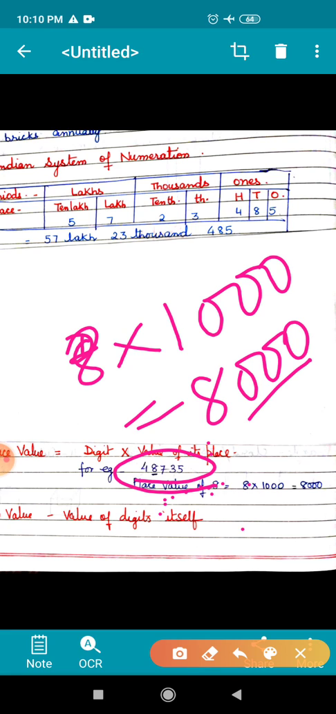Okay, and now face value. Children, face value is the value of the digit itself. What is the face value of this 8 in this number? This will be 8 only. Okay, now